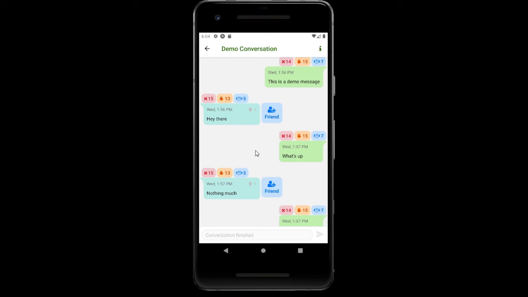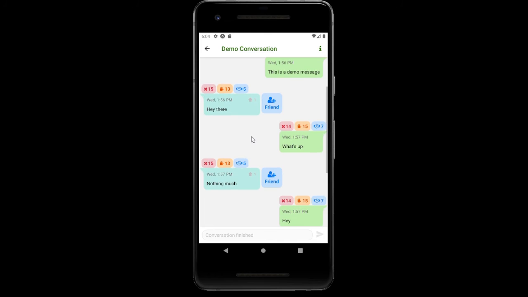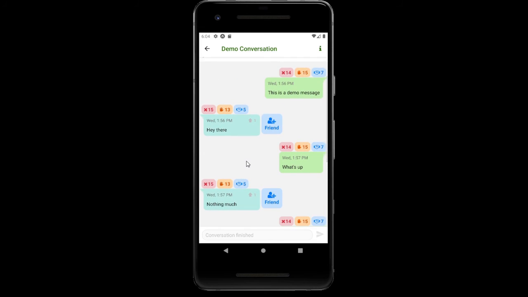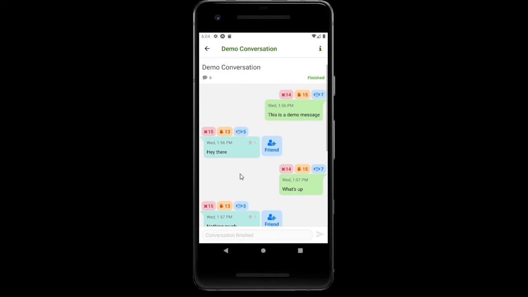Anyway, so you'll notice that there's a friend button next to these messages. What this allows you to do is send a friend request to users who maybe made a very good point or said something particularly insightful. So let's just say, even though this is obviously a demo conversation and not very substantial, I find that this first response to my original message is particularly insightful or helpful. So I'm going to send a friend request to that user, and I have that user up on my phone, so I'm going to quickly accept that friend request.